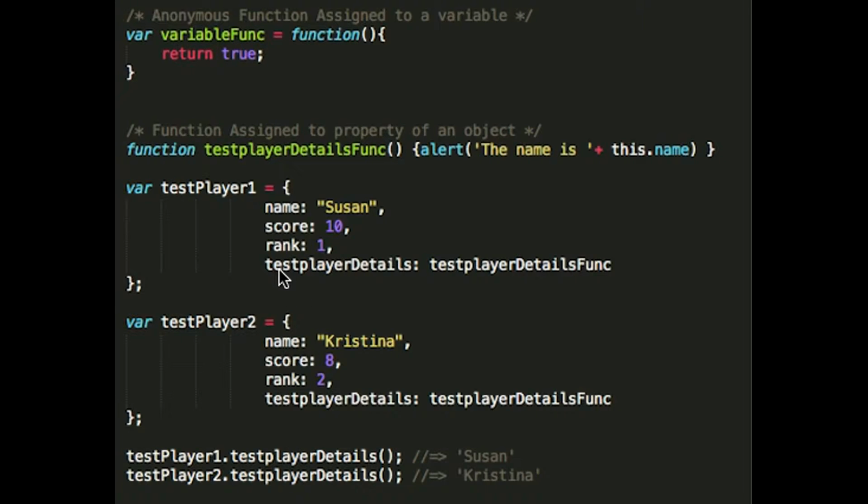And then we have this one property called testPlayerDetails. And it's been assigned a function. And you can look at this function definition right here at the top. And it just alerts us with the name, this.name, which is right here. So when we assign the property of an object a function, it is called a method. So in these 2 objects, we have the same method that is being assigned